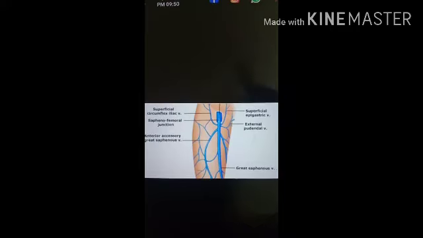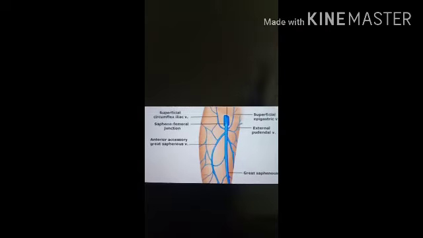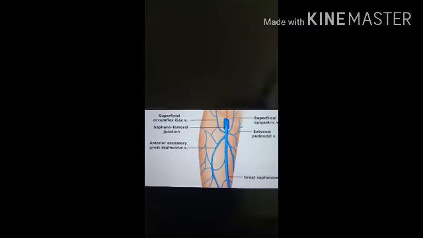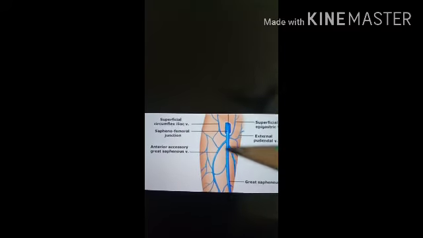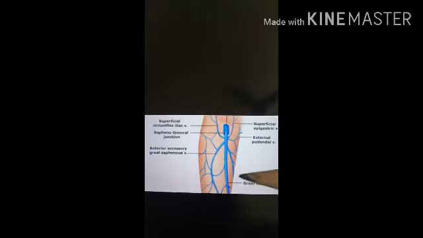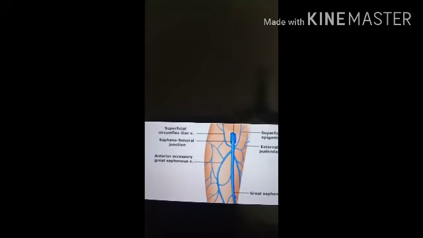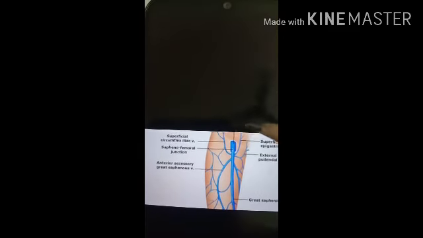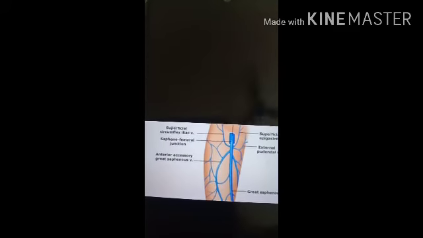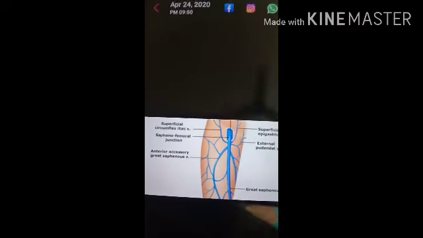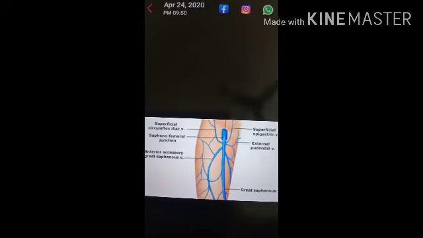Here in this diagram you can see the femoral vein. So this one, okay. The femoral vein begins as the upward continuation of the popliteal vein at the lower end of the adductor canal, okay, and it ends by becoming the continuation of the external iliac vein behind the inguinal ligament, okay. Then it receives tributaries. The first important tributary is the great saphenous vein. Here you can see the important tributary, the great saphenous vein.